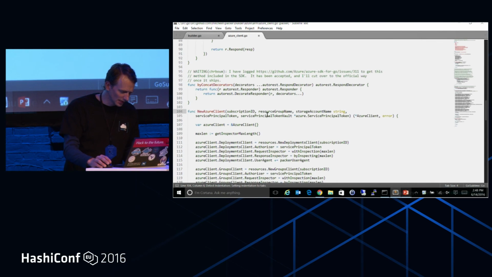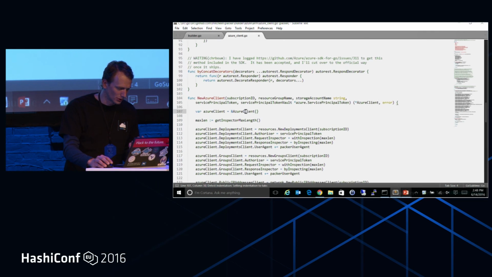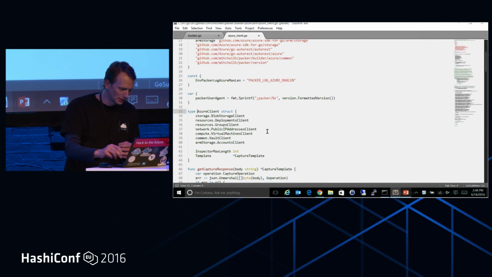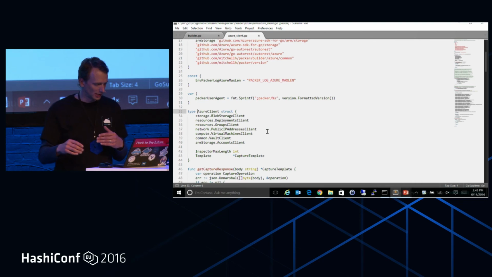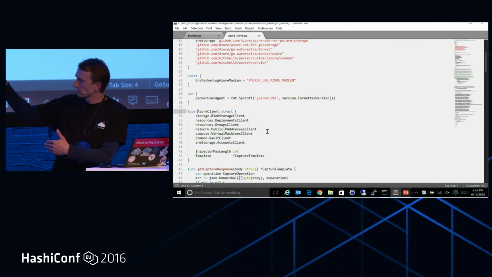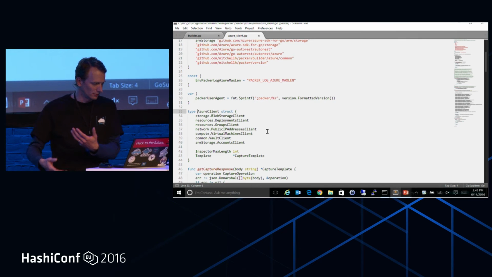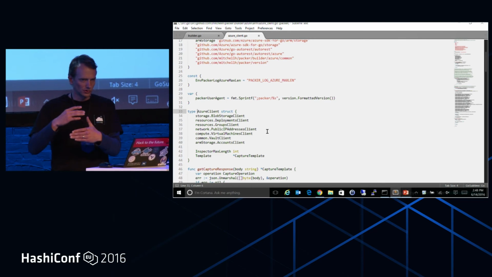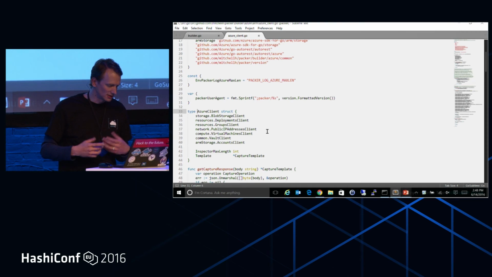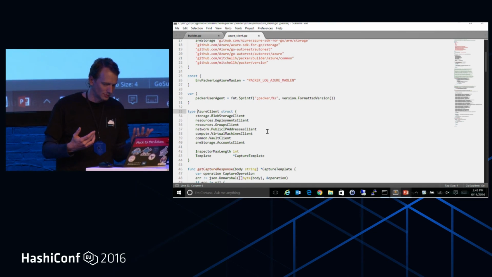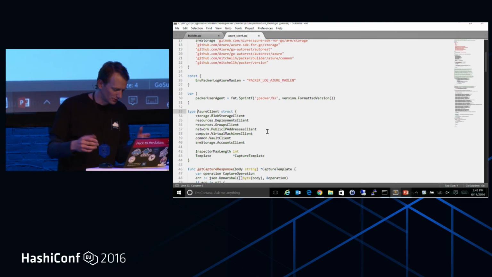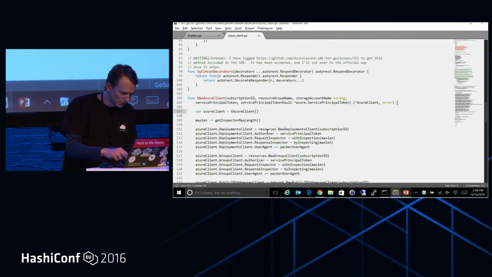We basically compose a bunch of clients into one. If you look at this Azure client, it's basically a blob storage client, a deployments client, and a groups client for creating and deleting resource groups. We compose them all together so we only have one client to pass around. This is just for our convenience. We like this pattern. I'd love your feedback on this. So we basically create that,